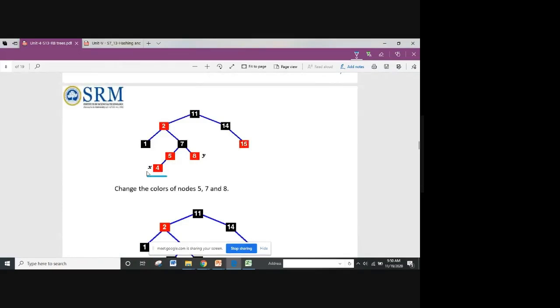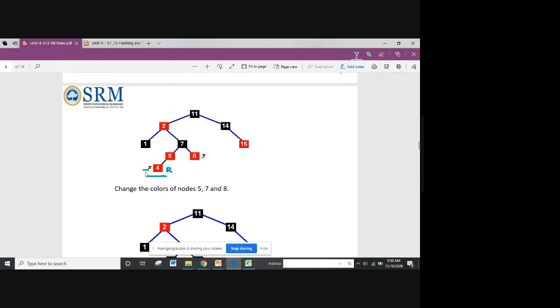When I insert 4, for simplification, I have marked it as X. This is my leaf node as well as a red node. You know where 4 should come. Compared to 11, it should be lesser. Then compared to 2, 4 should come on the right side. Compared to 7, 4 is lesser, so it should come on the left side. Compared to 5, 4 is lesser, so it comes on the left side. So the insertion part, I think you know already. You are done with the insertion. Now X is taken as the red node.